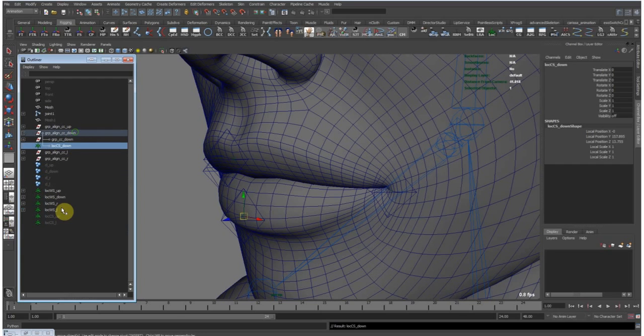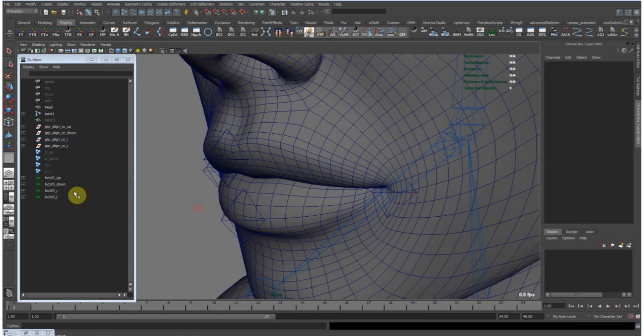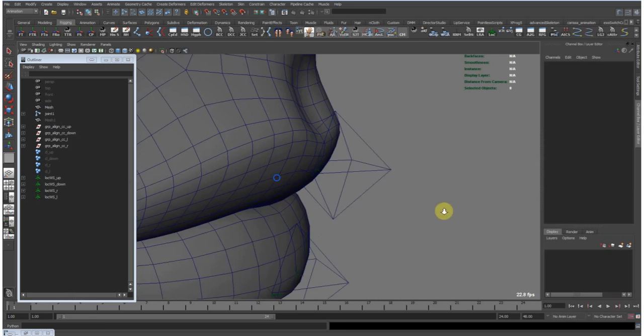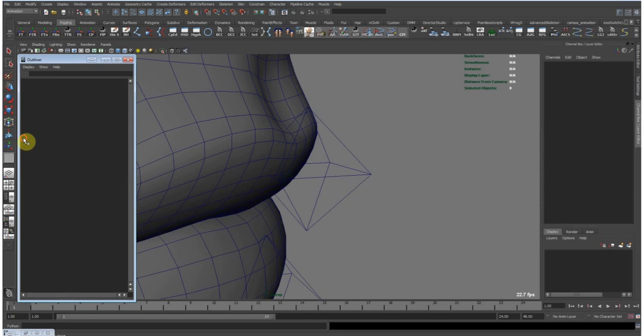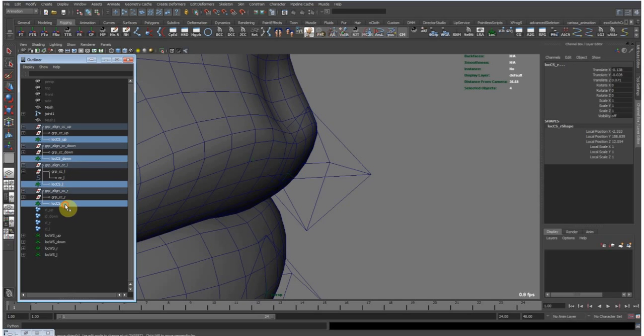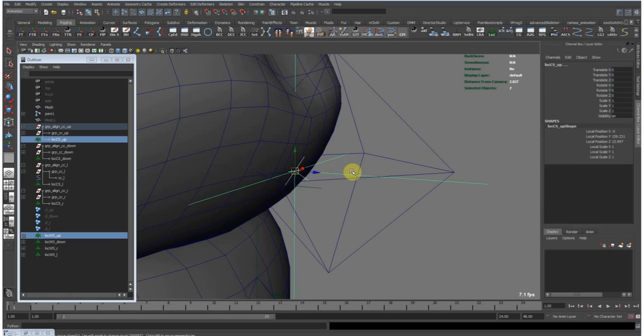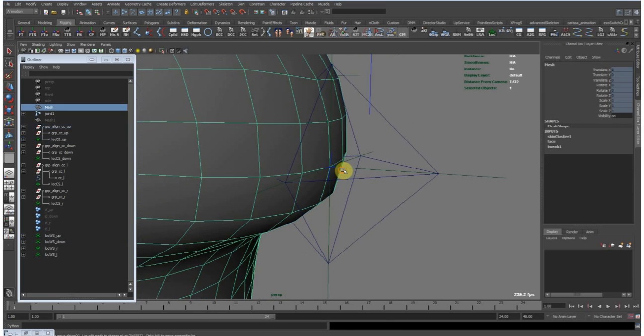So, alright, that's better. Now we will parent constrain from the world space locators to the local space locators. Constrain parent,